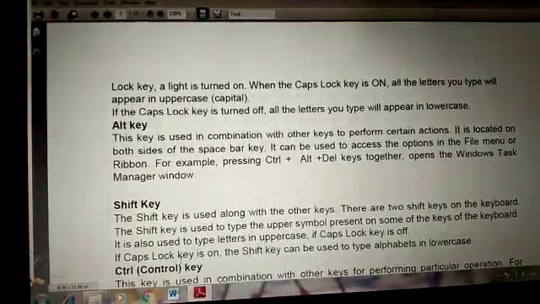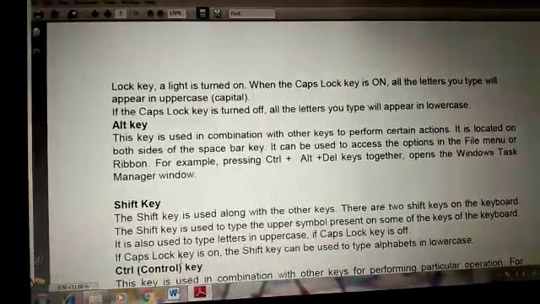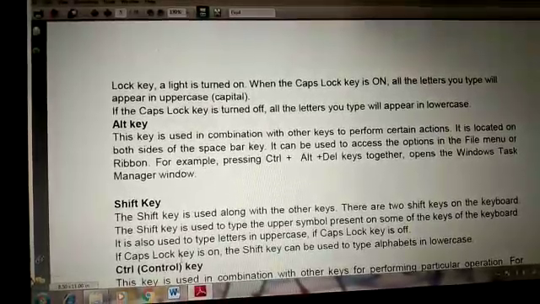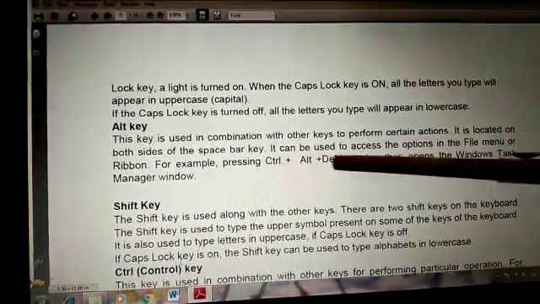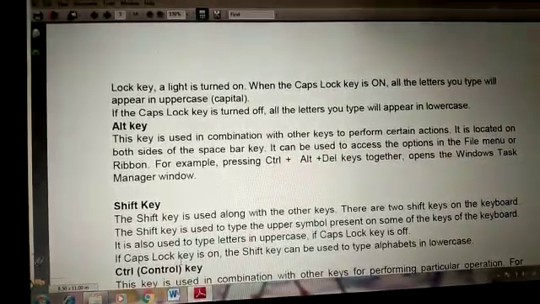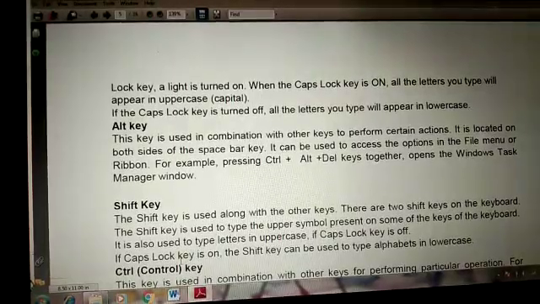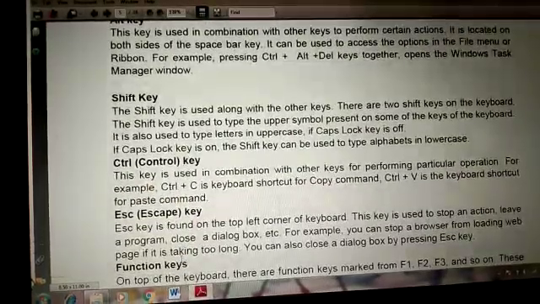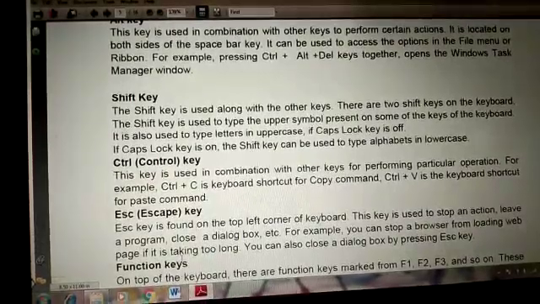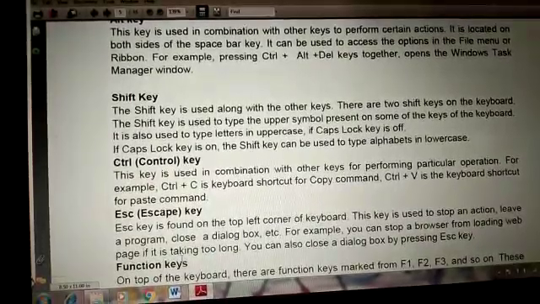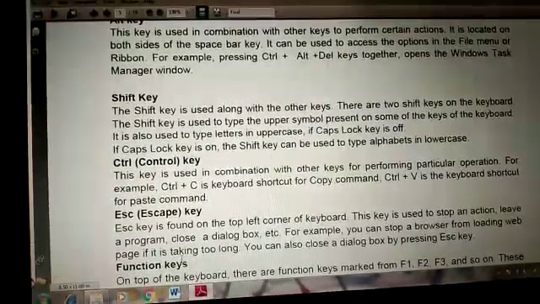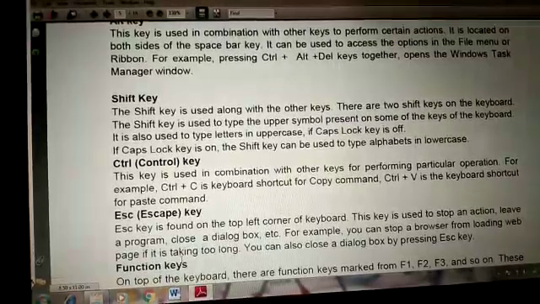Alt key is used in conjunction with some other keys also, as we know that Control Alt Delete keys work together, so that we can switch off the computer also. Shift key is used to make any letter capital or small if we are not using the Caps Lock key.